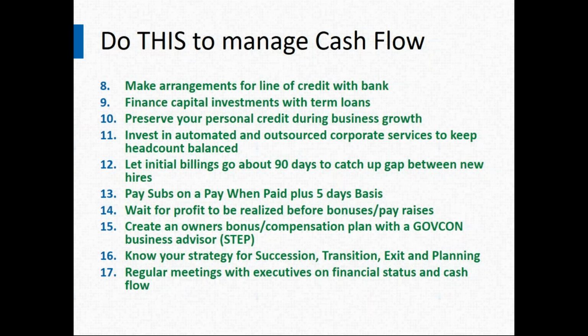I definitely recommend you invest in automated systems and also outsourcing of corporate services, and that's more to keep your headcount balanced than anything else. If you have a company with 15 employees that are direct billable employees, and you have 3 people in the corporate function, and you could find a way to outsource your accounting and your payroll and eliminate one of those positions, then you have more planned costs, less supervision, less office space, less benefits to balance, and it ends up